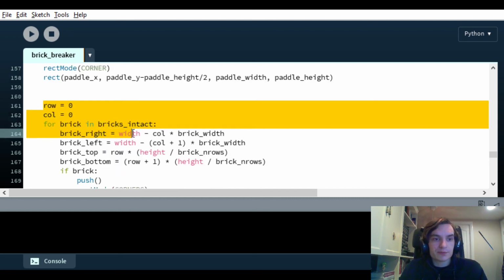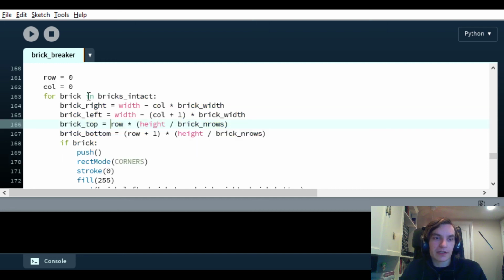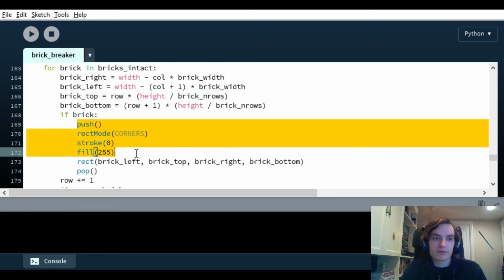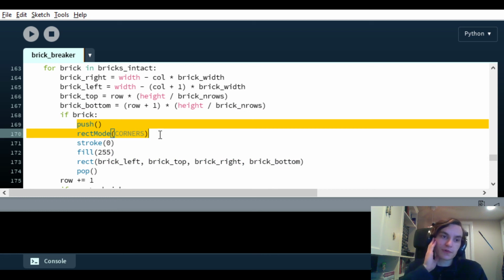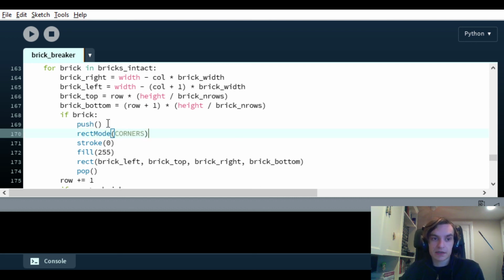And then for each brick, we want to draw the brick. Again, there's some stuff that we haven't done in class. I will remove this before I put it up. What this does is it sets it up to draw in the mode called corners, where instead of specifying the top left corner, the width and the height, you specify the top left corner and the bottom right corner.